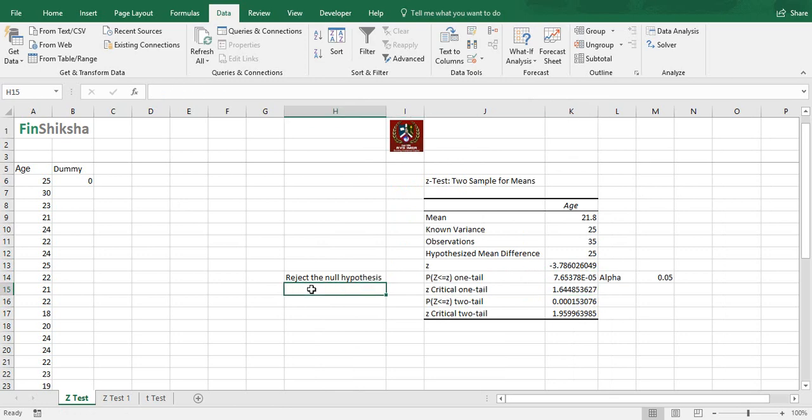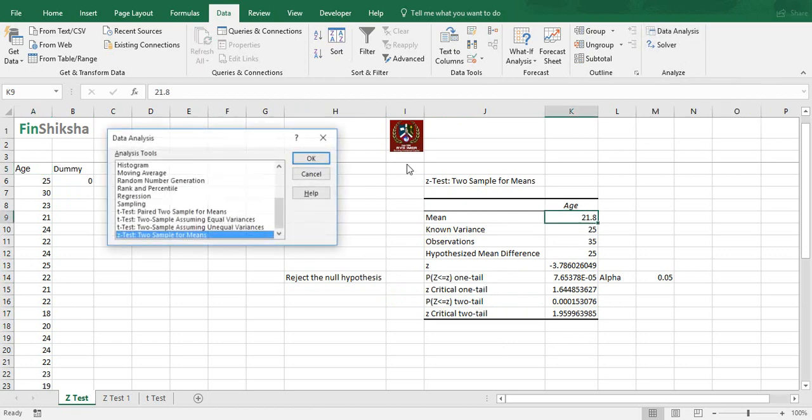So if the positive z value is greater than 1.65, then I can reject that as well, or less than minus 1.65, then I can reject that as well. So let's understand what if I run this z test with the mean age of 21 rather than 25.